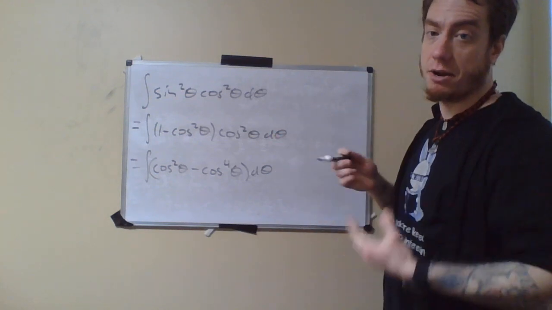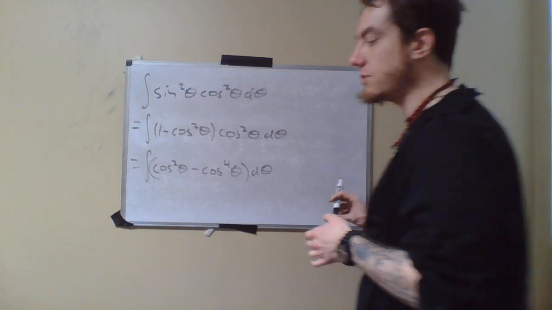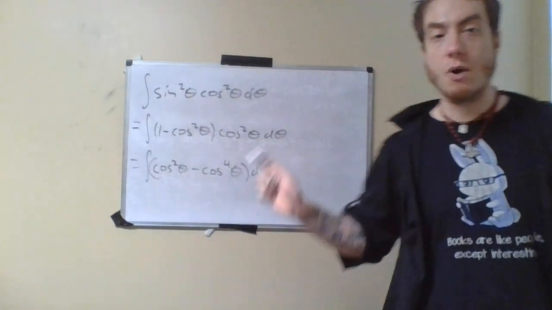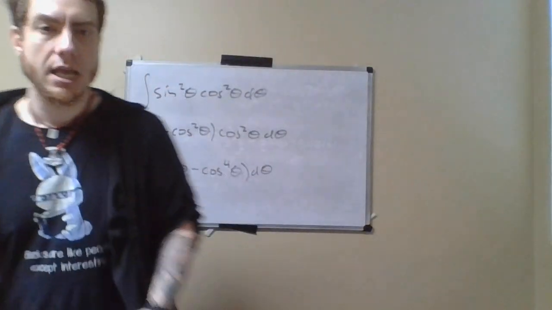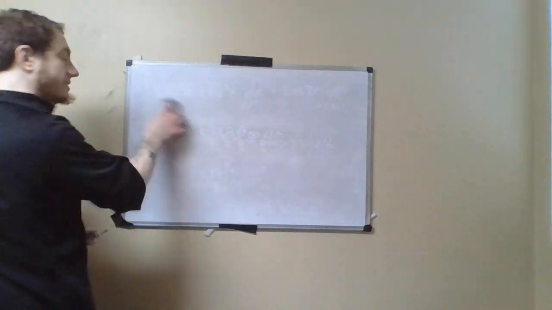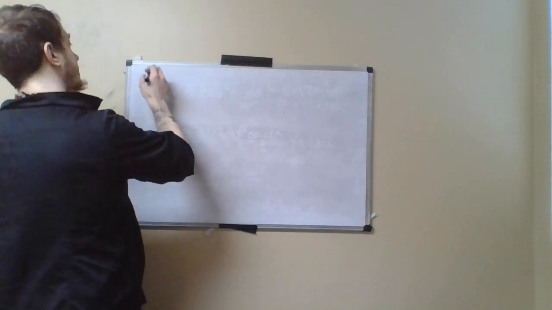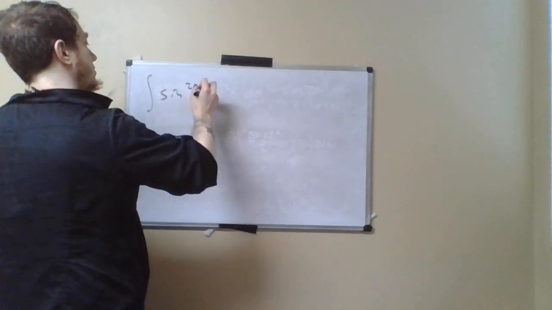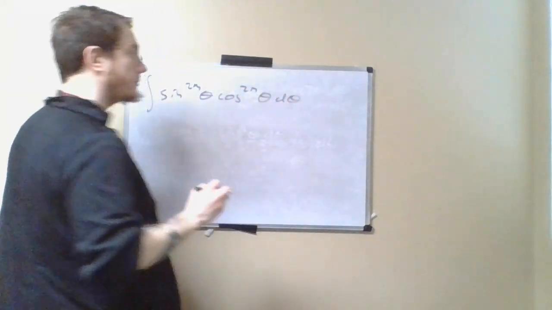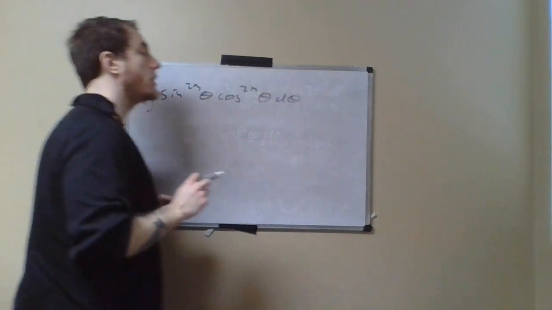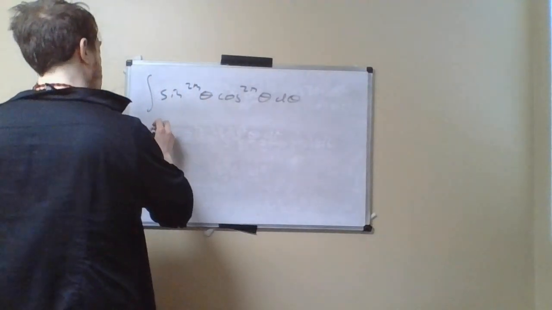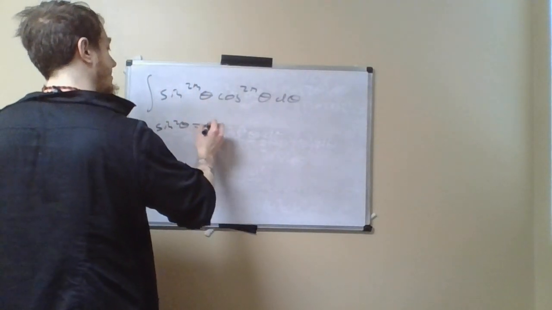This may require us to keep on going for quite a ways. It's not necessarily going to be a short, simple process here, but we can keep on going at this point because we know how to do these integrals. And this is going to be true whenever we have even powers of sines and cosines. So if you have something that looks like the integral of sine to the 2m theta cosine to the 2n theta d theta, you can just rewrite everything, use the fact that sine squared theta is equal to